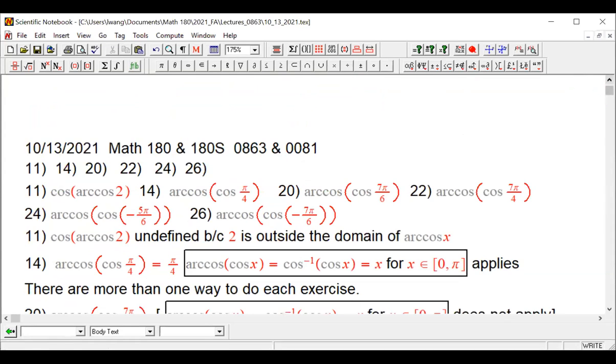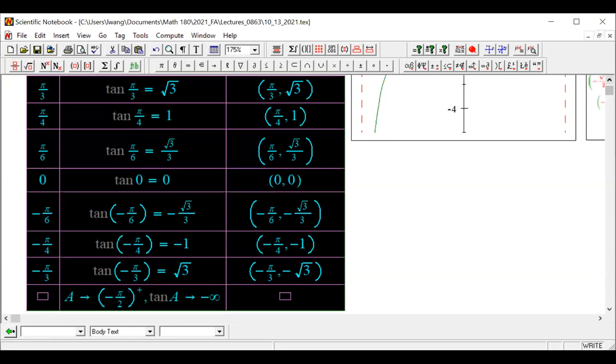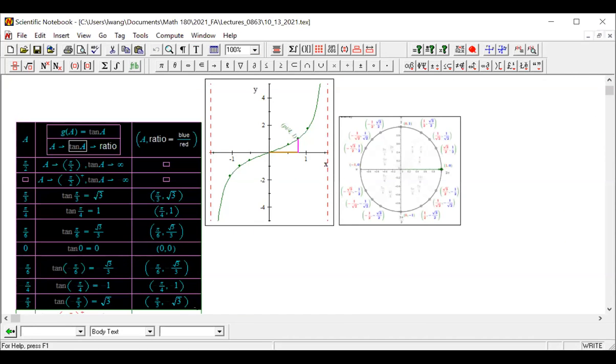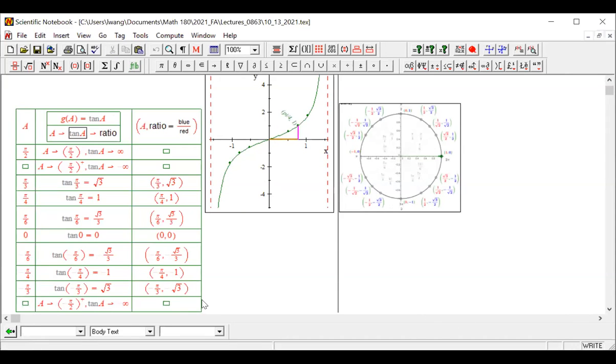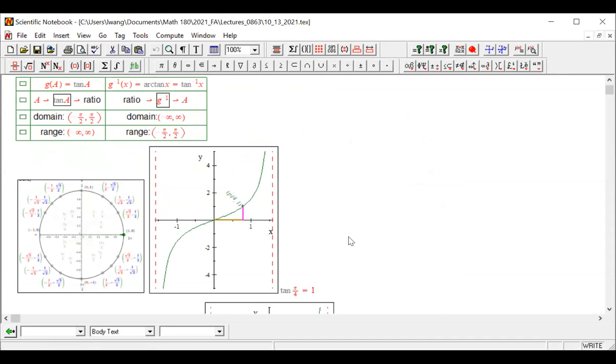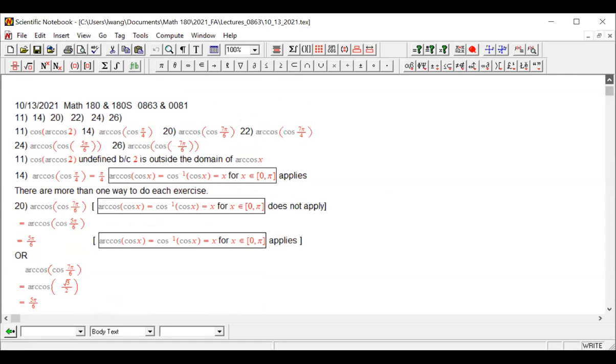So we're going to start with this table. I want you guys to see the action of